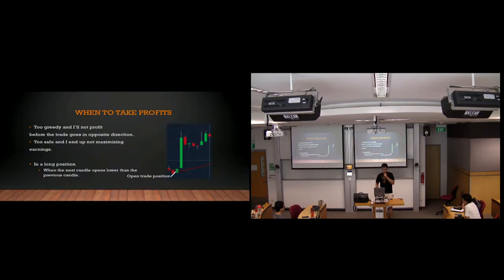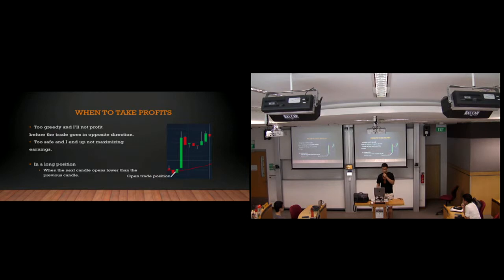When it comes to taking profits, the problem with setting defined profit levels is that if I'm too greedy, I will not be able to get a profit. For example, if I set the profit level to $20 per slot that I buy, the trade may not reach there. It may go up to 18, 19, but I don't get it. And the next thing you know, the market goes in a different direction and a profitable trade becomes a losing trade instead. On the other hand, if I set it too low, for example at $2 only, and the trade goes up to $10 worth of profit, then I will not be able to maximize it. So the strategy that I have chosen in this case to take profit would be